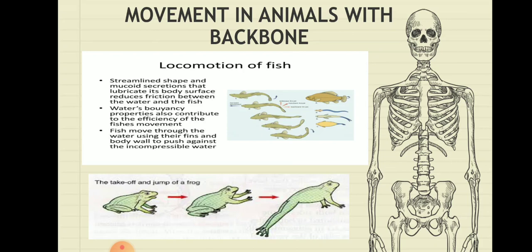to move and jump around here and there. They can leap, they can catch their prey. When they are catching their prey, they just move with the help of the lower limb. Their lower limb will keep it on the plane surface, and they'll leap around to catch their prey. So this is how the movement is being carried out. In the diagram, you can see how they take off and jump when they are moving from one place to another.